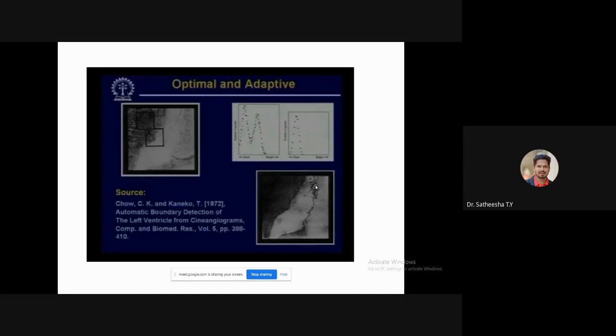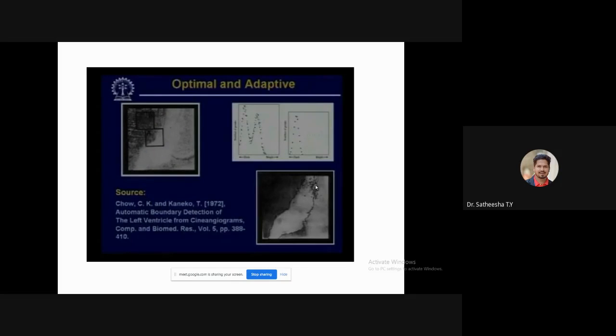This is the cardio image, in which the purpose is to detect the boundaries. You find that the image that is given here is very, very complex, and though we can somehow figure out where the boundary is somewhere here, it is not very clear.